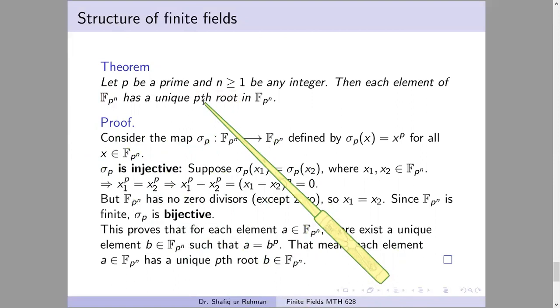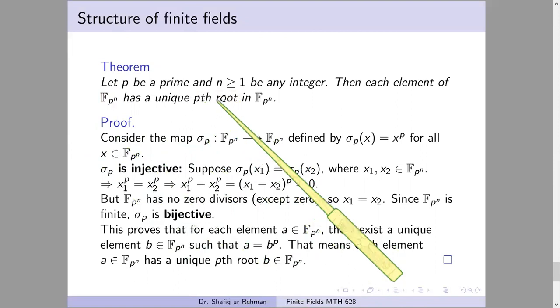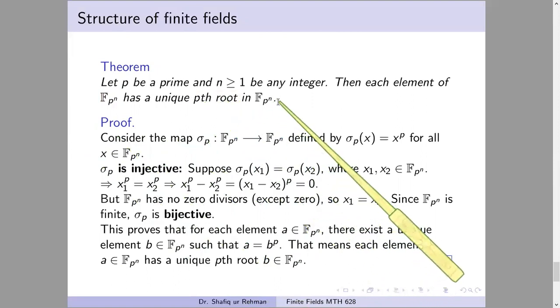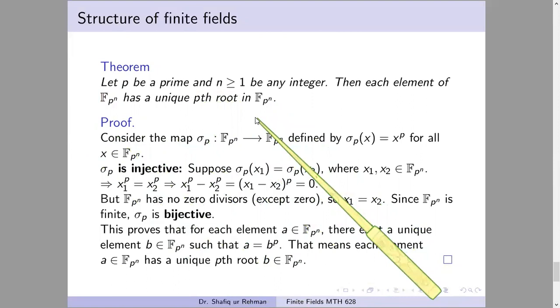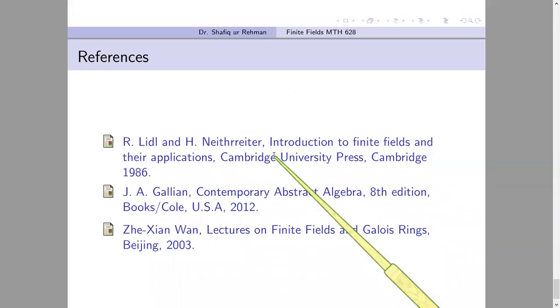ज़रूरी नहीं है सिर्फ pth रूट लें, आप फोर्थ रूट, सिक्स्थ रूट, एट्थ रूट, वो सारी चीज़ें भी स्टडी की जा सकती हैं, लेकिन वो फिर थोड़ा कॉम्प्लिकेटेड हो जाएगा। I think for our course this is enough to consider this about the pth root. So this is what about this lecture.